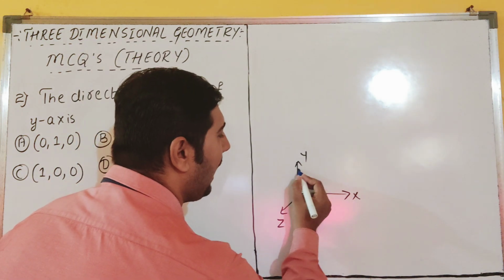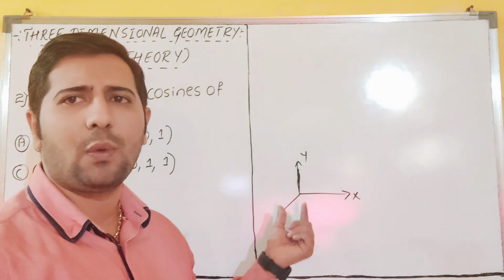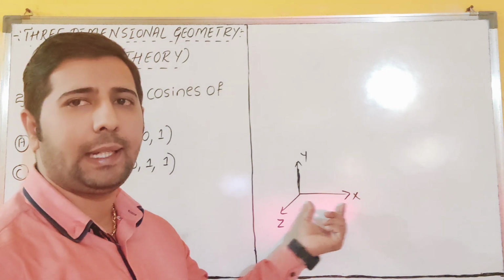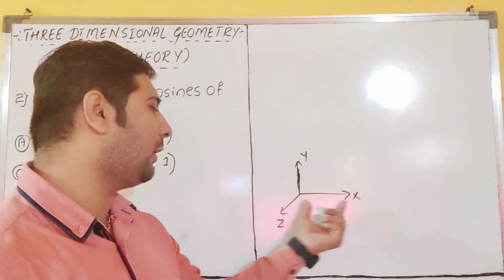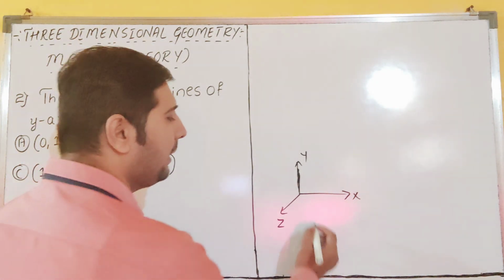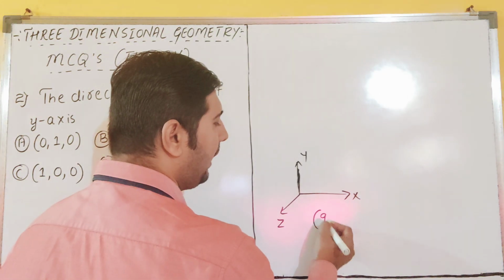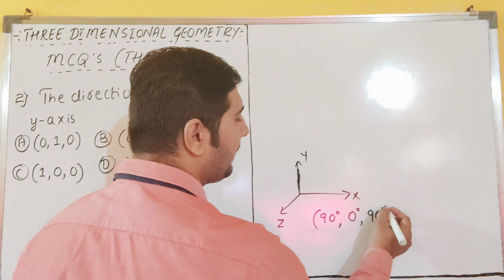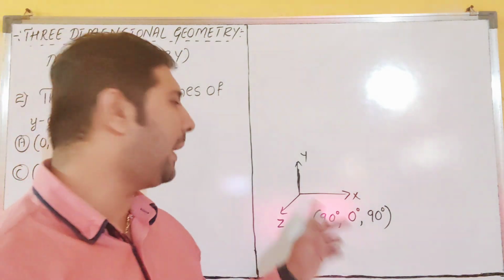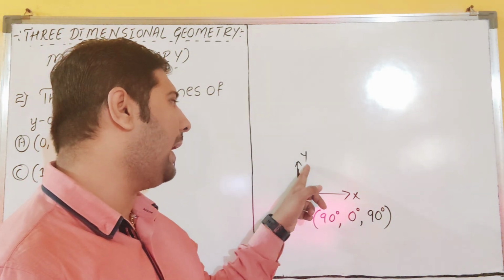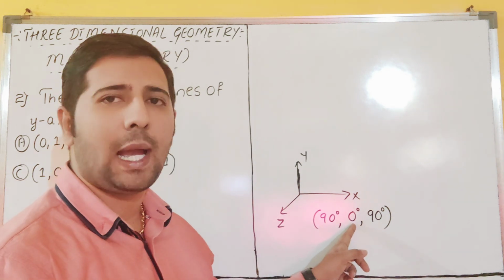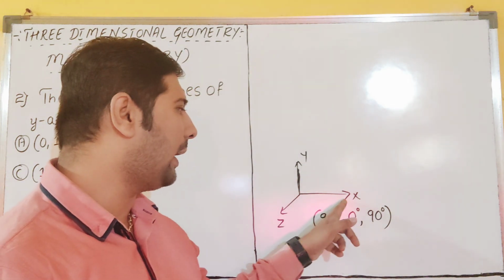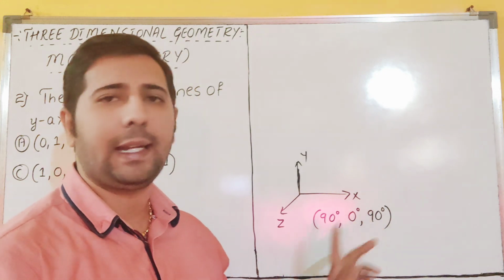See, the line is on the y-axis, which means it is making 0 with the y-axis. With x it is 90, and z is also 90, dear students. Then directly you can say x is 90, y is 0 degree and z is 90 degree. Lying on the y-axis means it is making angle 0 with the y-axis. For the others, x and z, it is 90, 90, dear students.